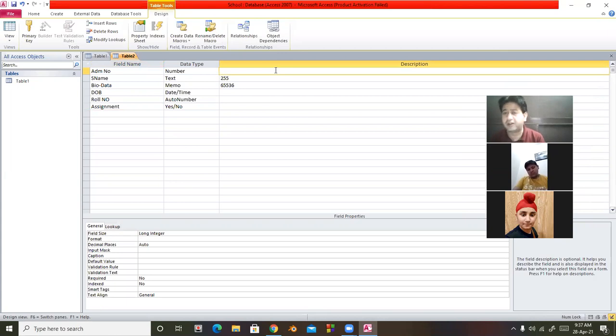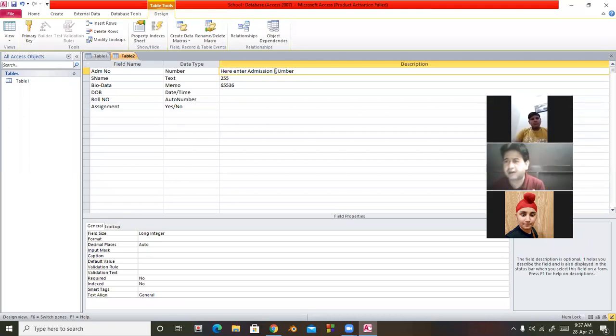Description is optional. If you want to add some information regarding the field, suppose admission number, enter admission number. So this is optional. Description is only additional information regarding the field.